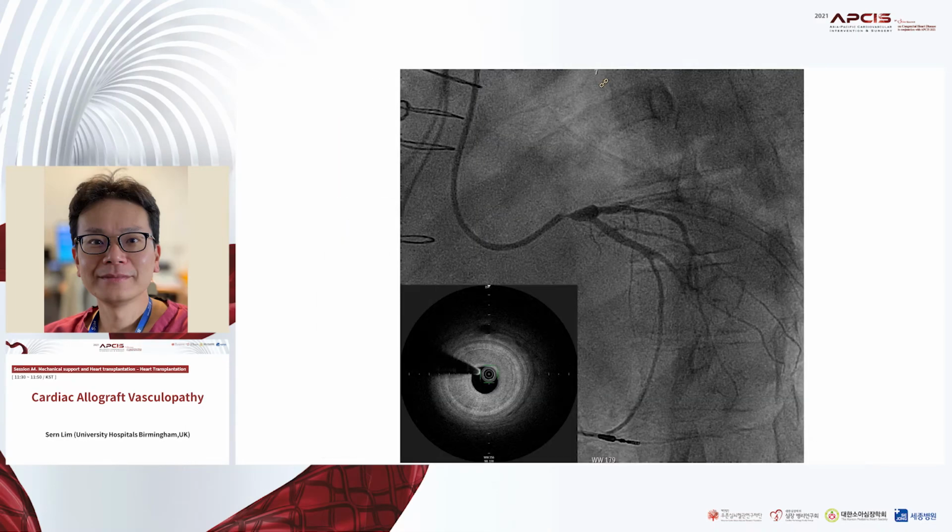So an example of severe cardiac allograft vasculopathy with left main stem involvement, you see that beyond the left main stem, there is also fairly diffuse coronary artery disease. And I should emphasize that even with nitrates, these vessels fail to dilate. So it's not a spasm, which should be also excluded when we see significant coronary disease. On OCT, coronary imaging, you will see quite extensive thickening of the intima associated with luminal loss.